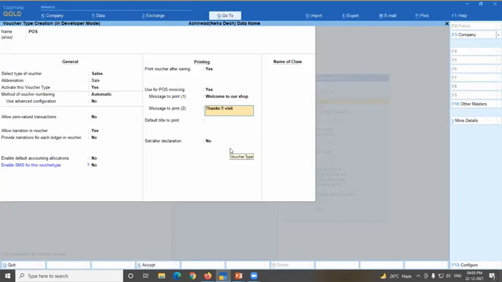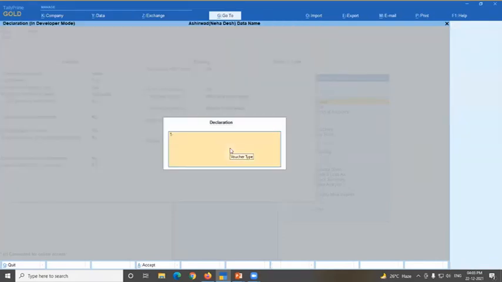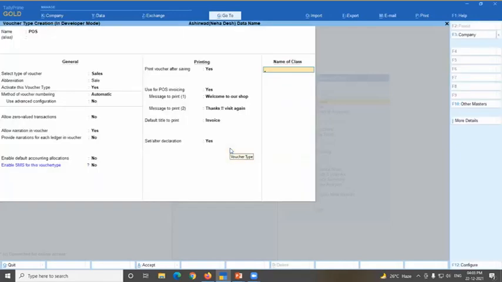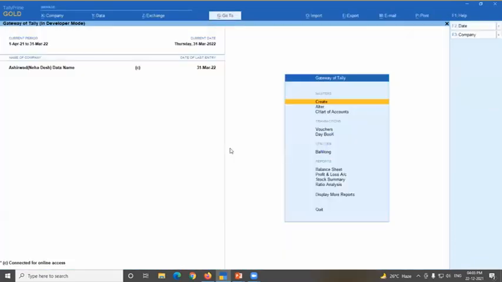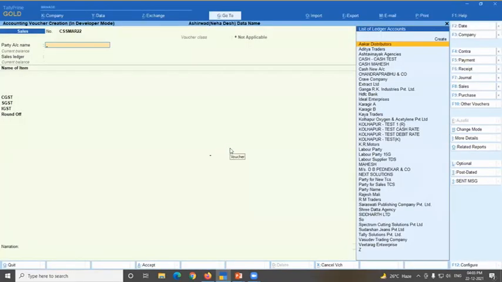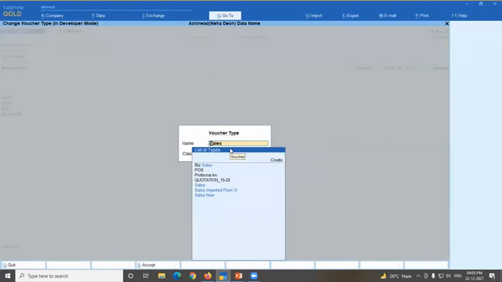Visit again. Default invoice printing is invoice. In declaration I'm putting: Sunday closed, goods once sold not taken back. Then I am going to skip classes here. That is enough for the voucher class. Now I am pressing F8 for vouchers, and I'm selecting POS.